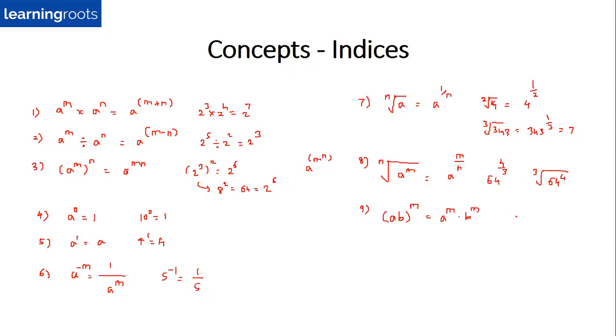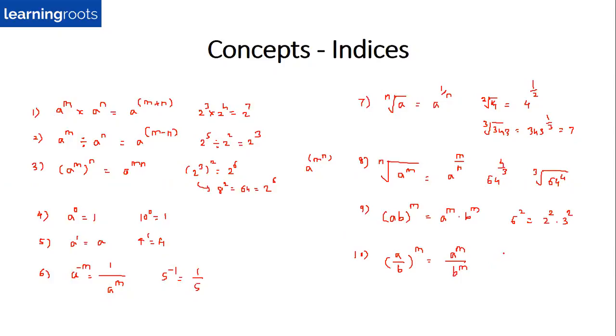So let's say, for example, 6 square is nothing but 2 square into 3 square. So 2 raised to 2 into 3 raised to 2. And coming to the last rule, for multiplication we did this, if it is division, it will also apply. So if you have, say, a upon b, this whole thing raised to m is nothing